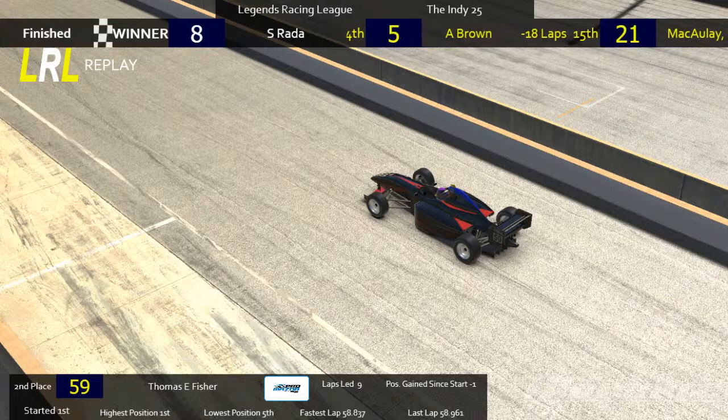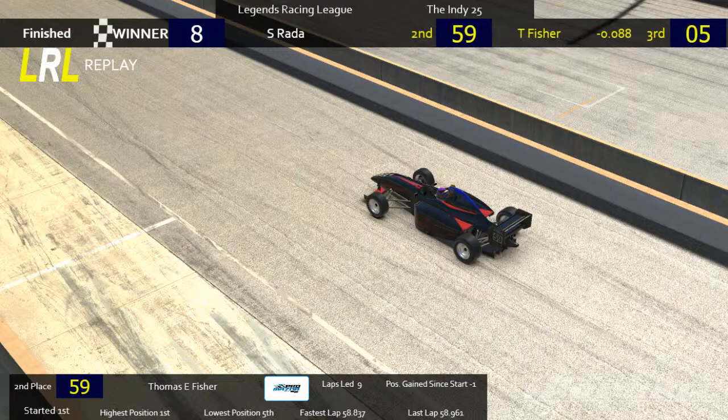Hey, how are you? So you led most, if not, I think you led the most laps there today at Indy. Just couldn't get it done after starting first, but did finish 2nd. What do you see there on the final straightaway that you could have done differently, maybe? I mean, honestly, on the final straightaway,